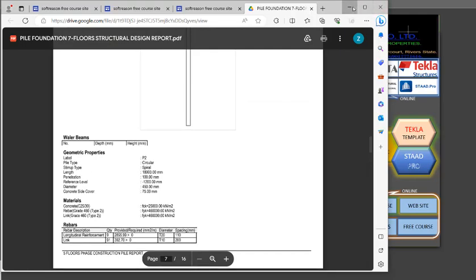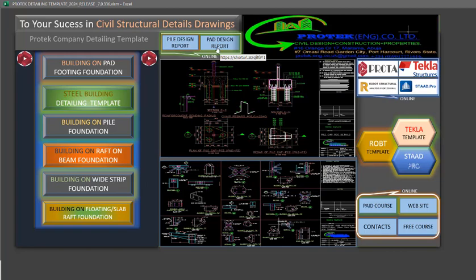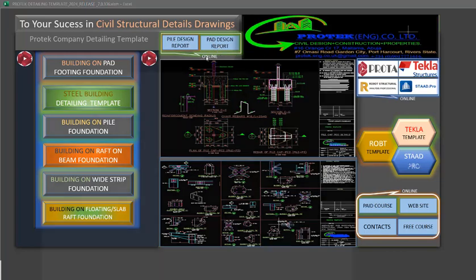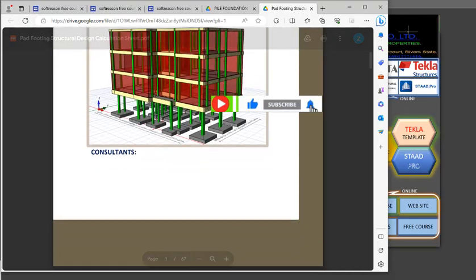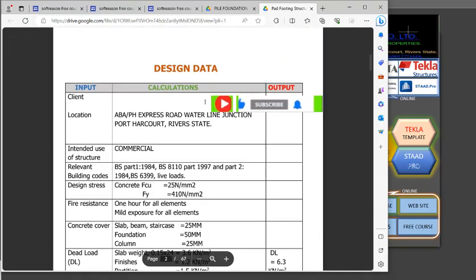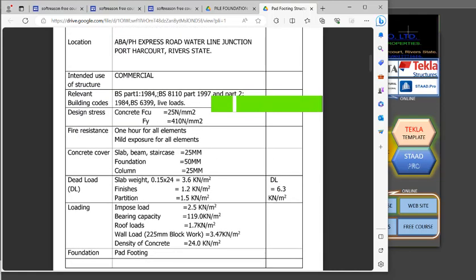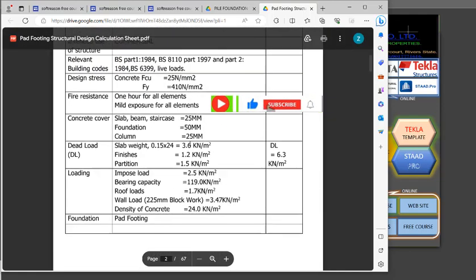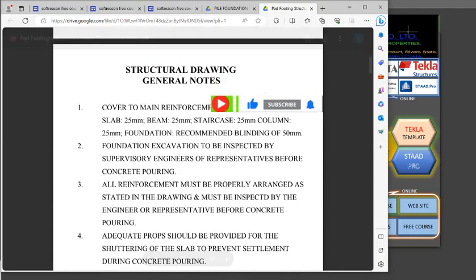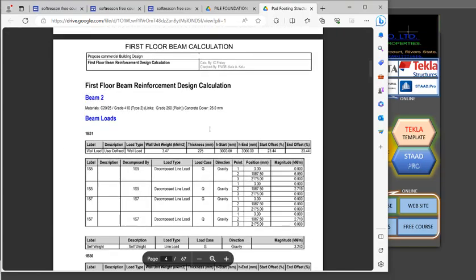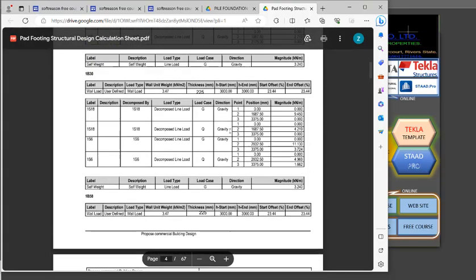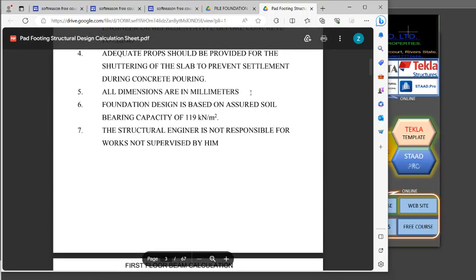Over here you can see part design report. This is for part 14. So if you click right there, you can actually have a detailed arrangement of part 14's design report successfully. So this is structural design calculations, proposed development. So you can now see design data right there. You can see all of the design data that was used for that design successfully. So you can have access to all of this, and then the structural drawings, general notes should also be in your report. After which you now get to the first floor beams calculation. So if you scroll down, you can go through all of this just for free after getting